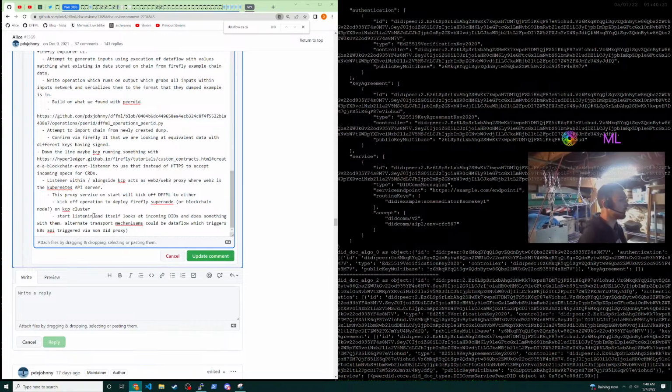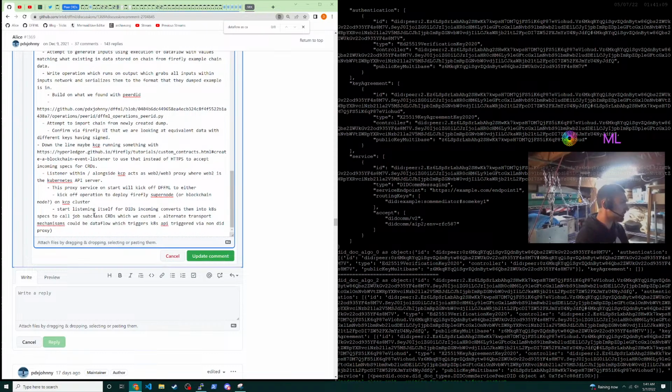listening itself for DIDs incoming as and converts them into K8s specs to call job subclass CRDs, which we define via templates